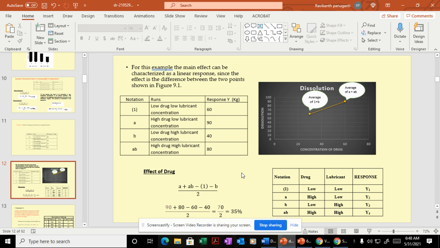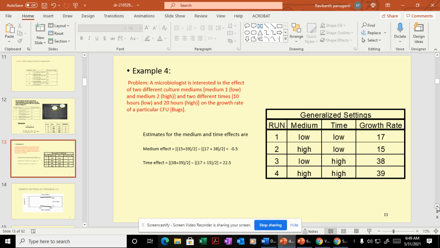In the formulation, you will have the drug and lubricant, and they will have an effect on one another. So obviously you have to consider all of the data in order to clearly distinguish the effect of the factor that you are looking for. That is what we have seen here.